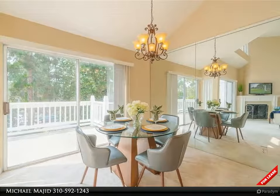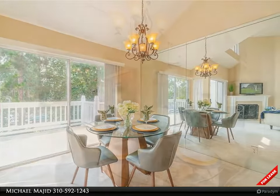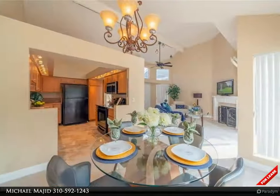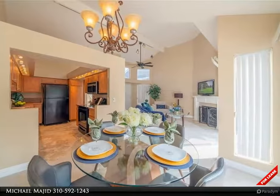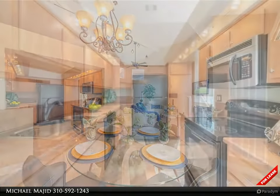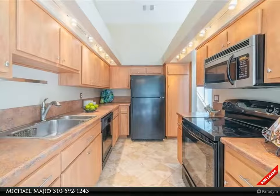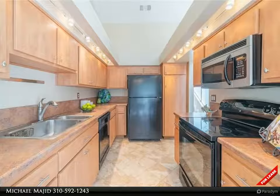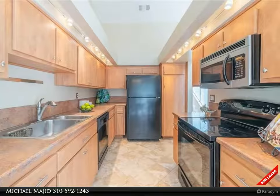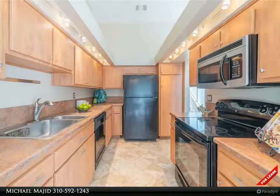Nestled far from the street in a private location, 3019 Croyden Bay includes dramatic vaulted ceilings, large glass windows allowing voluminous amounts of natural lighting to spill into the living area, new plush carpeting, new heater, AC, ceiling fans throughout, beautiful and spacious main suite, upgraded kitchen and bathrooms, a stackable washer and dryer inside the unit, and a large 2-car garage with room for storage are just a few of the many reasons you will fall in love with